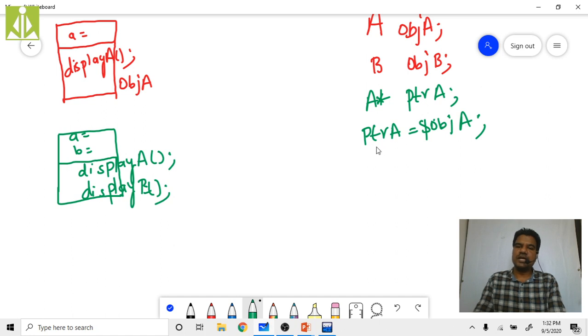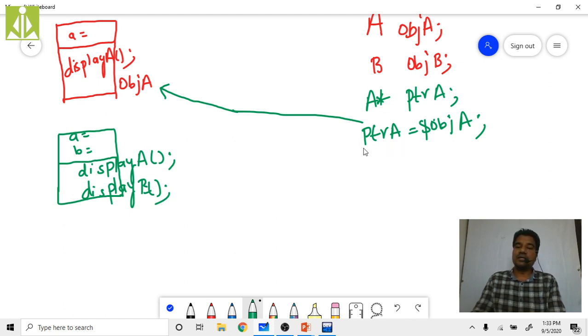It is pointing to obj A, isn't it? So now using this ptr A, how can I access A and display A? Simply by following the arrow operator. So in this way, can I access any members from this B class? No, I cannot access any members from this B class. It is completely illegal. In this direction, it is not possible.